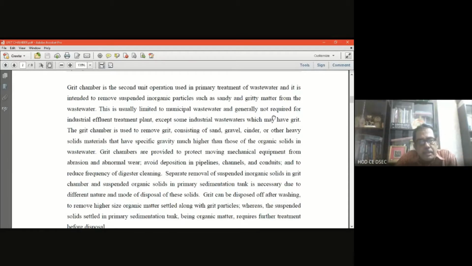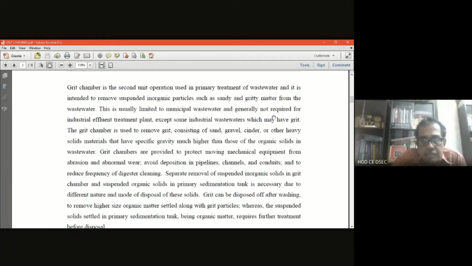Now, in the 17th lecture, the previous lecture, I started wastewater treatment, beginning with preliminary treatment, that is the screening process. Batch screening process I discussed, and I solved one numerical example. So that was the initial discussion in my previous lecture. Now, continuing with the preliminary treatment of wastewater, the next treatment after the screening process is the